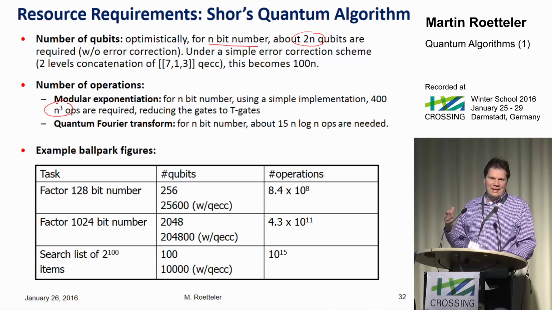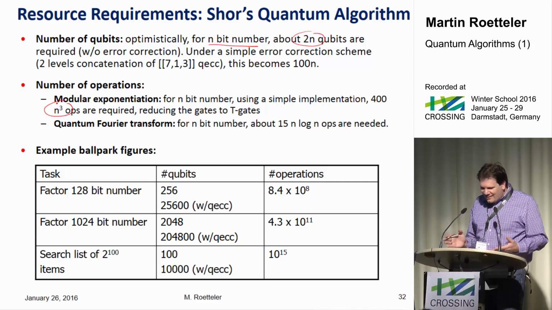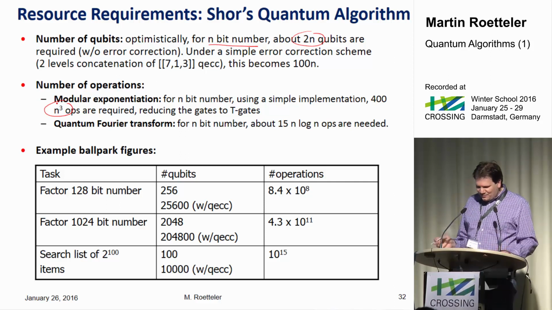People even investigated methods for fast integer multiplication. Using Schönhage-Strassen, you can bring it down to n squared log n log n, stuff like that. But it's not really realistic, I think, because the number n would have to be very big for that. So I think it's safer to assume something like a cubic cost here. So then you get something like this. So to factor a 1,000-bit number,